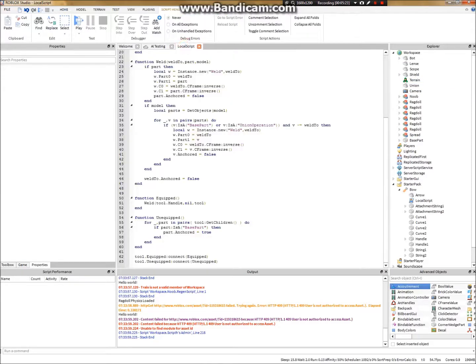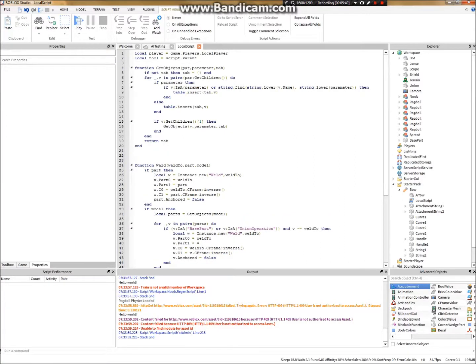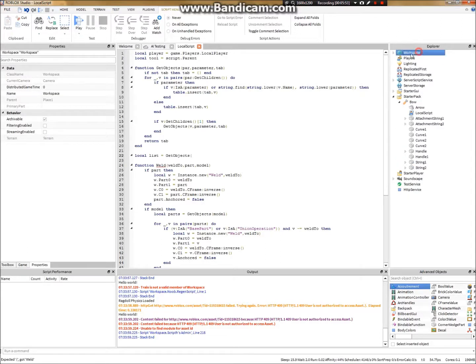But my function just scans through every single part, every model part, and gets everything in a list for me. It just makes things a lot easier when I'm programming. To use this function, you type, we're making a list, list equals GetObjects. It's the parent that we're looking in, so like workspace,